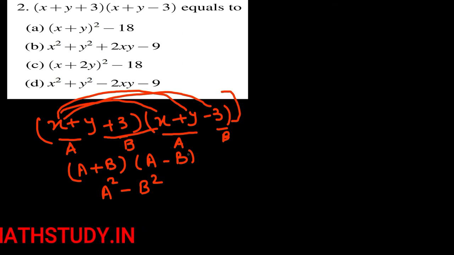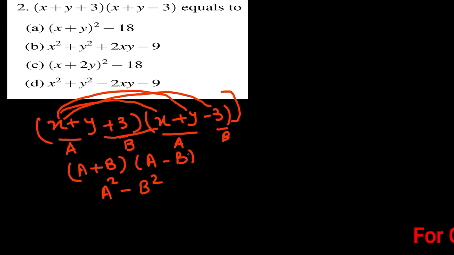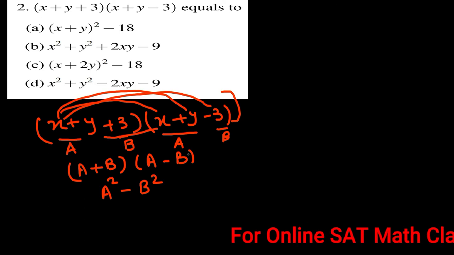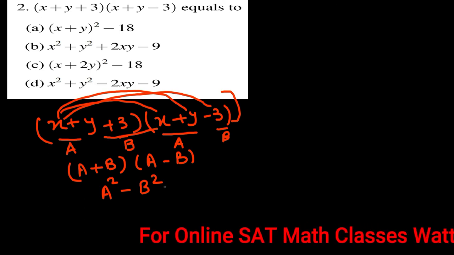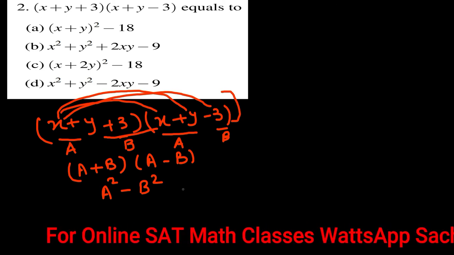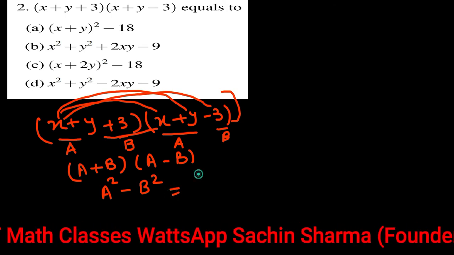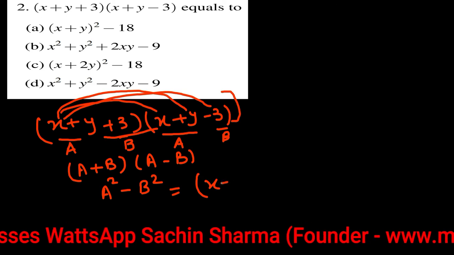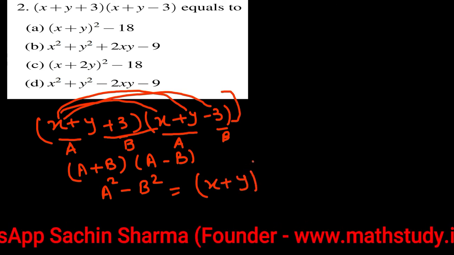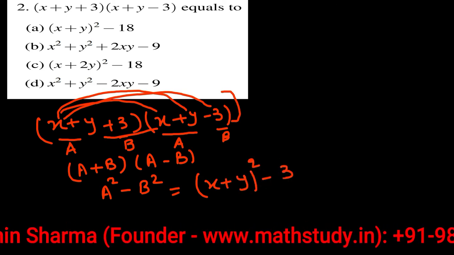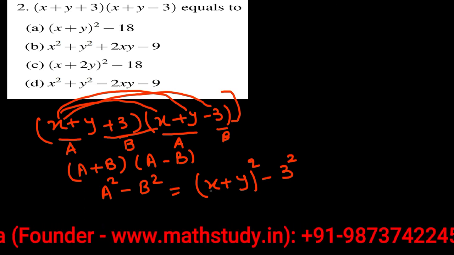At least we have to find what sort of formula and which type of formula we can apply to solve the problem more quickly and more efficiently. By using these formulas, the chances of error will reduce, right? So here we can easily write (a + b)² is nothing but (x + y)² − 3², right? So do we have our answer here?